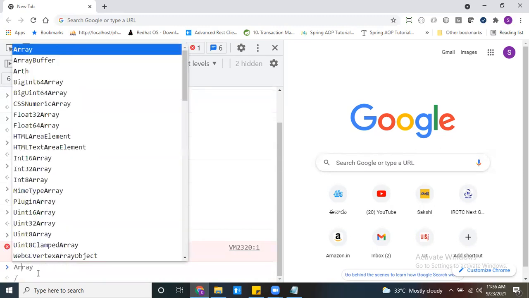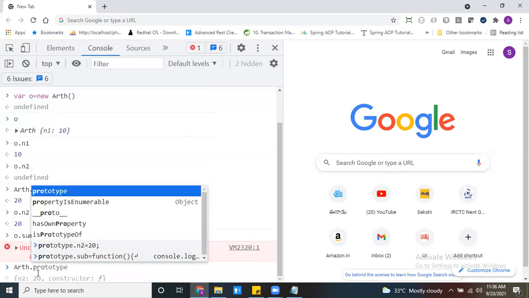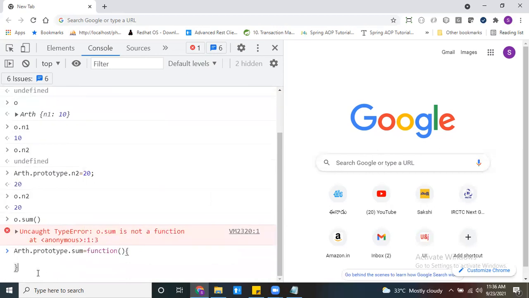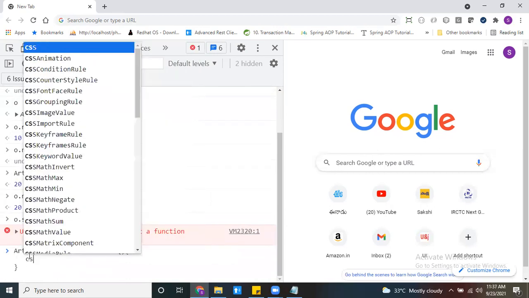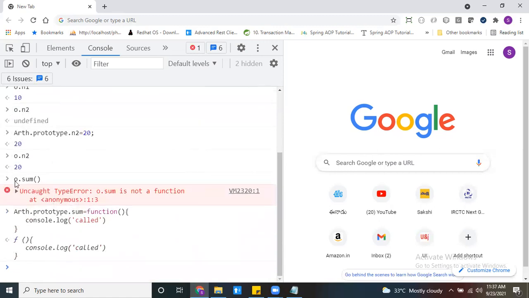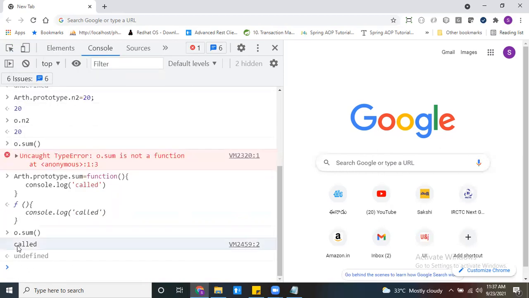We do it with arithmetic.prototype.sum as a function, using this syntax. Now you can write a console.log message like this. Before inheriting the function, o.sum is not there, so it throws an exception. After inheriting, o.sum is there, and you can see it's called.